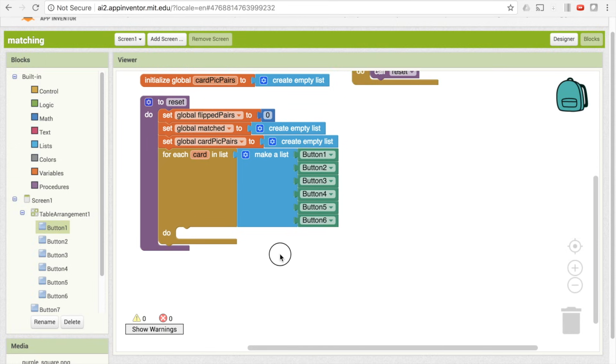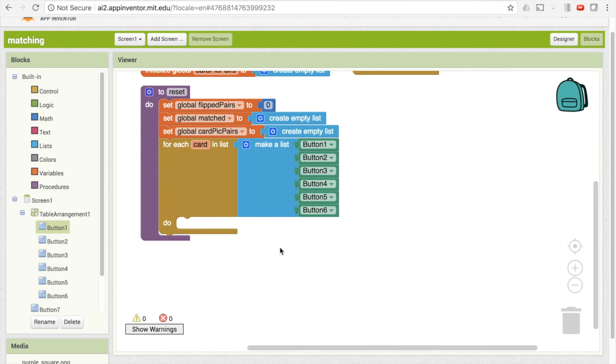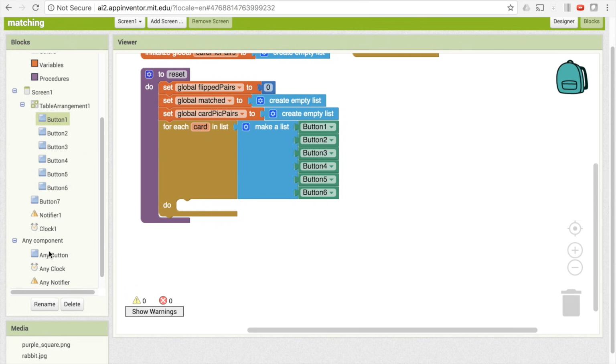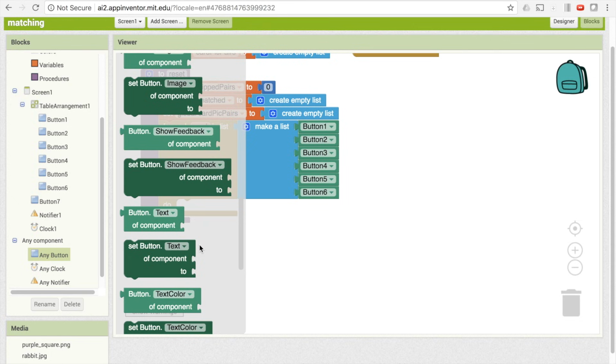Alright, so what are we going to do for each of our buttons? Well, first of all, we want to enable our buttons, and that means to make them clickable, because at some points in the program we'll be disabling some of our buttons so that once a card is flipped over, it can't be flipped again. So to do that, we're going to go down here and we're going to click on any component, which allows us to manipulate any one of the buttons. Click on any button and go to the Enabled block